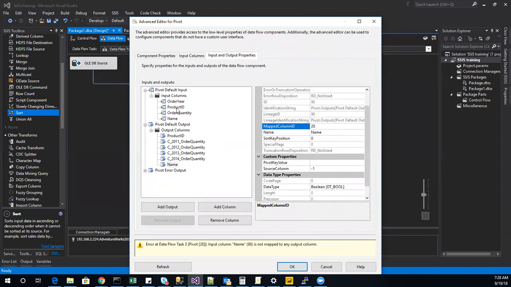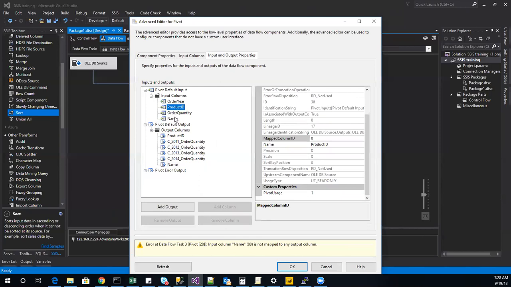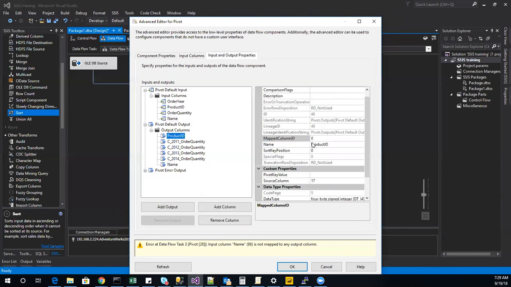Okay, just see for this one. This one, okay. You don't have to have anything. So the product ID would have a map source column. Okay, this is a property I have to set up. So source column is going to be